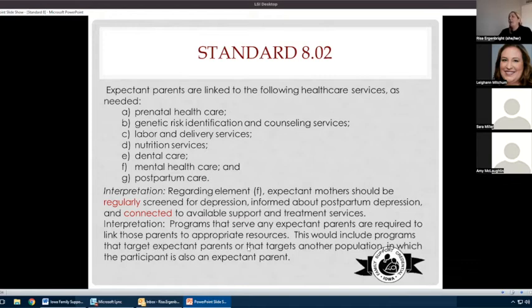And I think for the most part, we're pretty good about including that one in there. We used to get a lot of questions like, well, we don't really serve pregnant moms, but we don't have many of them in our program. Are we required to do that? And really the answer is, do you have moms in your program that might become pregnant? Well, yeah. So then yes, this needs to be included as well.